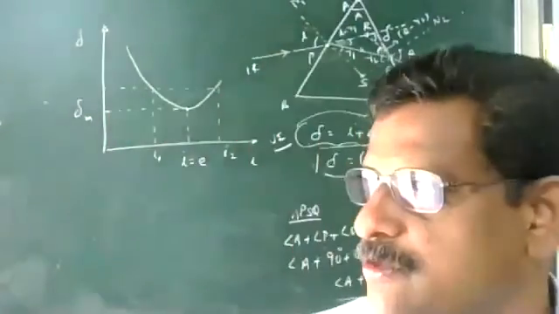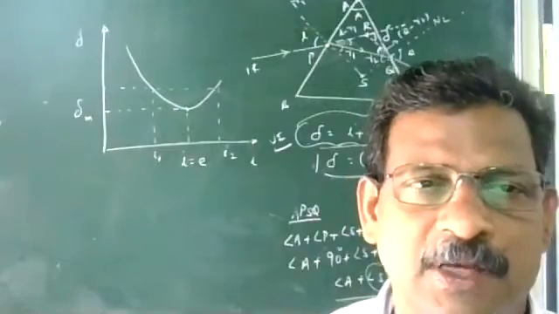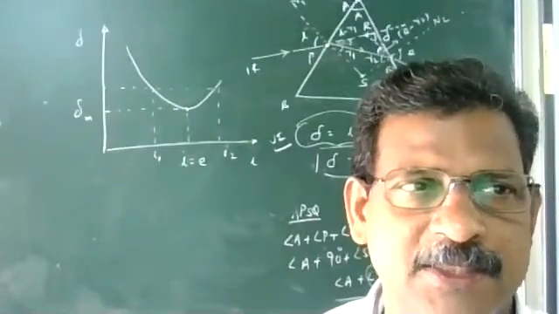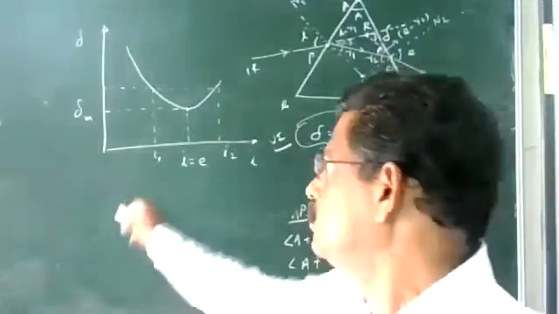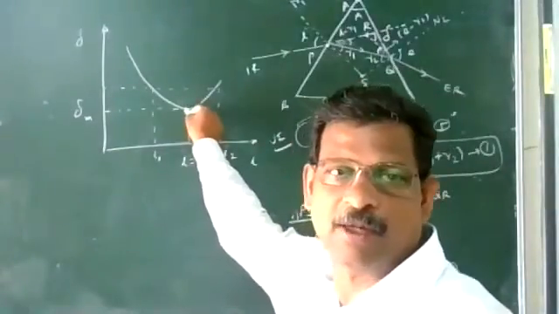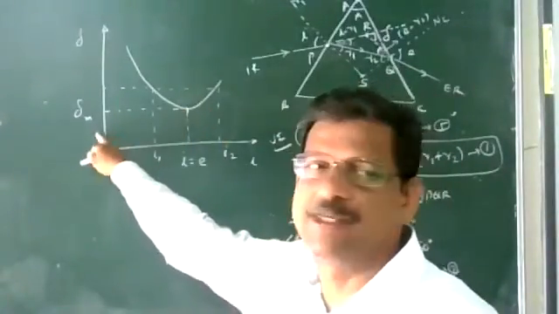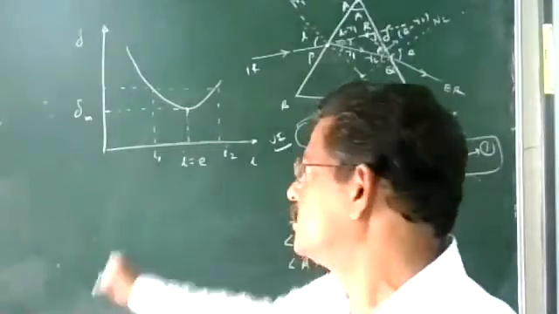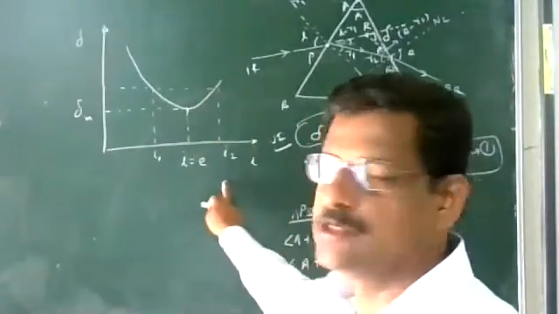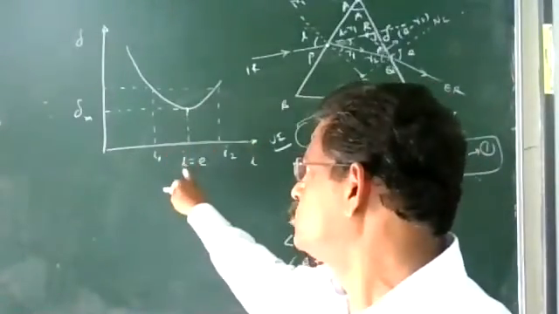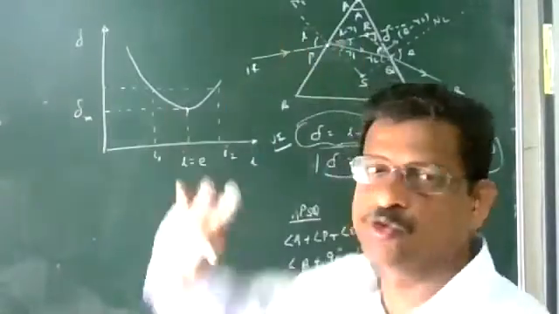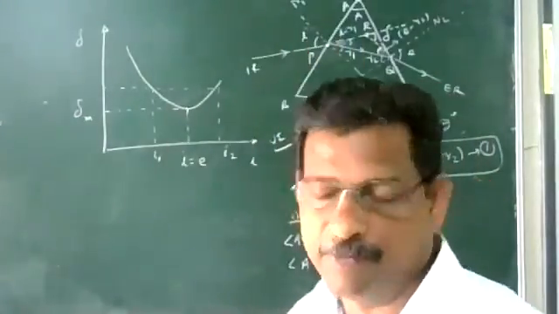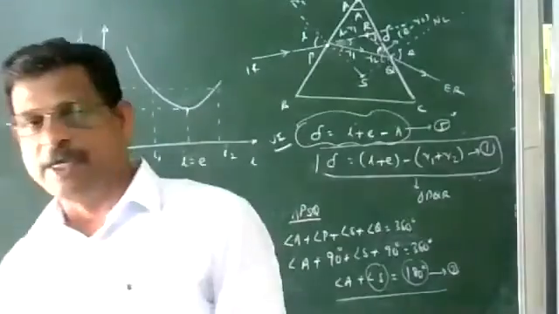So this is the variation of angle of deviation with angle of incidence. As I increases, initially the deviation decreases and comes to a minimum value, called minimum deviation, marked as delta minimum, delta m. After that, it increases. At this minimum deviation, if you check the angle of incidence and angle of emergence, if it is that degree, emergence also will be that degree; they are equivalent. Okay, so this is the case.